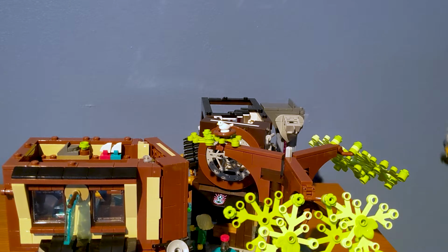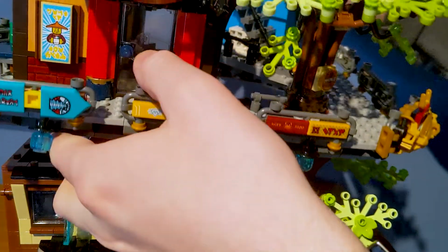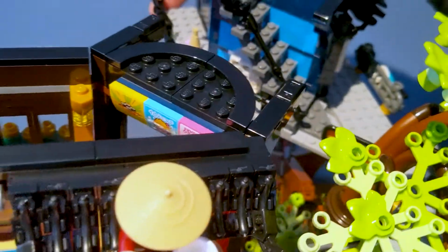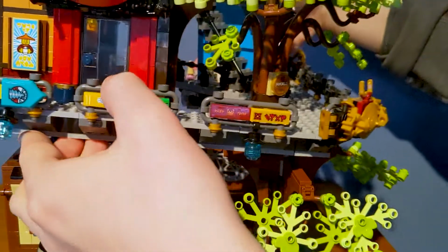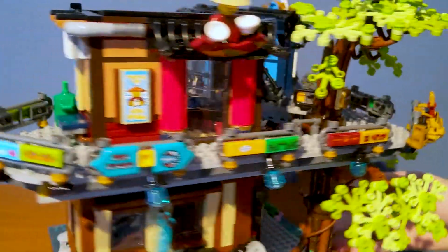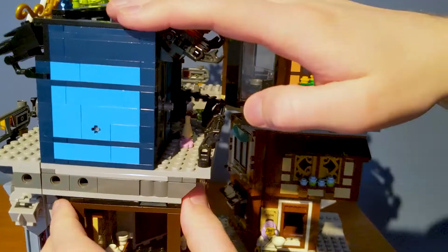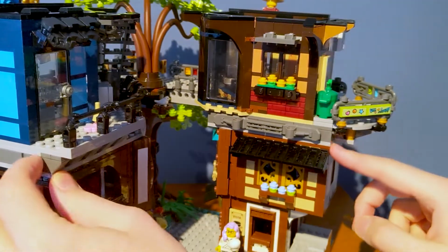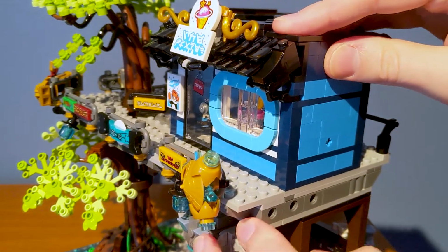Putting this section on, the rest of it is a little bit more tedious just because there's so much flex in between the two halves that it's a little bit hard to line up. But if you just take your time with it, you'll definitely get it. They line up perfectly in the back there, so if you just pay attention to that, you can get it